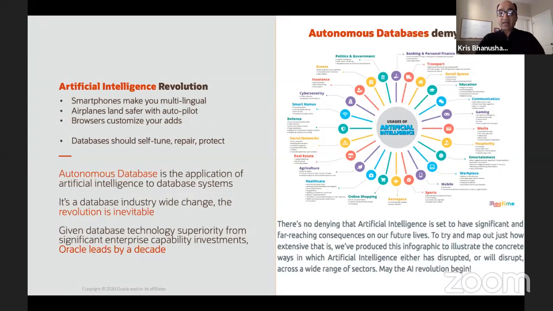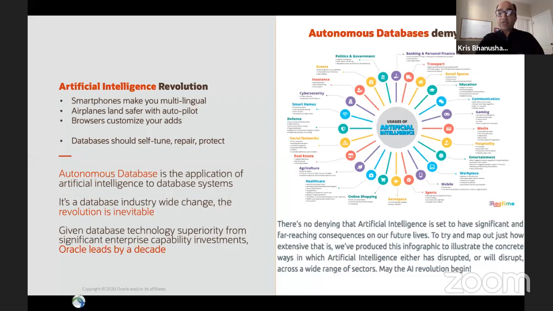You realize that every aspect of our life, whether it be the way an airplane lands, for example, or the way you use your smartphone today to do language translation, browsing for products, even things like healthcare, agriculture, the way we grow crops, and which season is best for which crop, all of that is being driven and impacted by machine learning and AI today. So it's a no-brainer that something as important as technology management has to be impacted by AI.